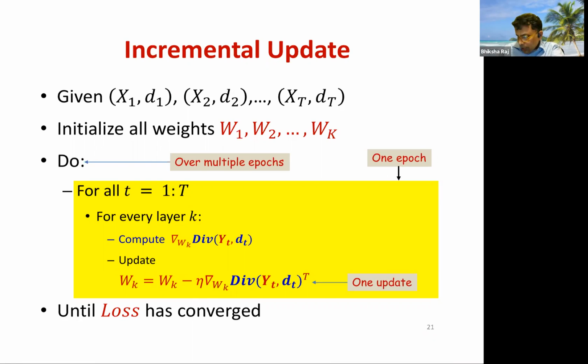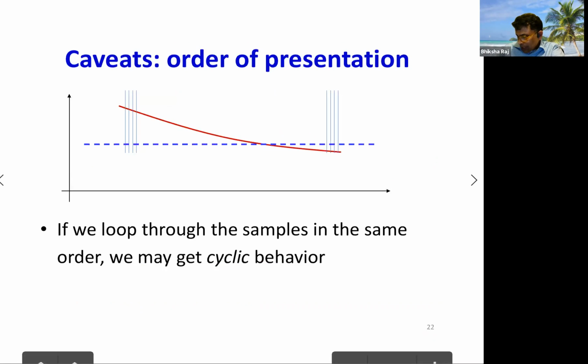So what is the problem with just doing something naively in the manner that I just explained? Simply looping through the training samples in the same order every time will not work too well. We can end up getting cyclic behavior. For example, if we had training samples distributed like this, 4 samples out here, 4 samples out here, and your function was restricted to be the shape of this curve, and we are trying to approximate the blue dotted line,